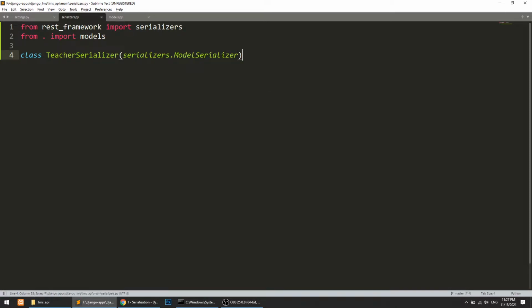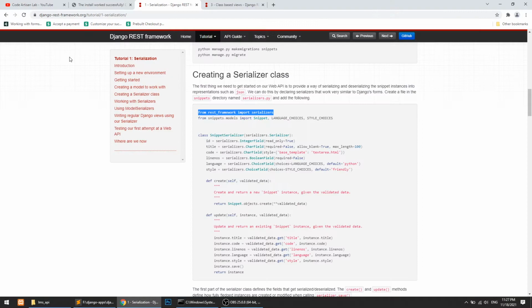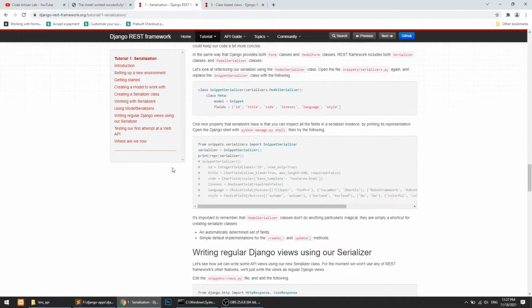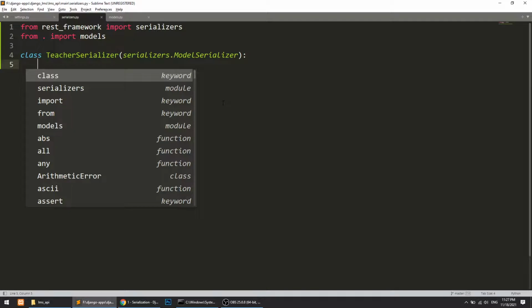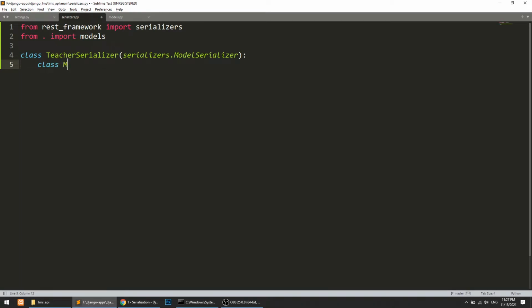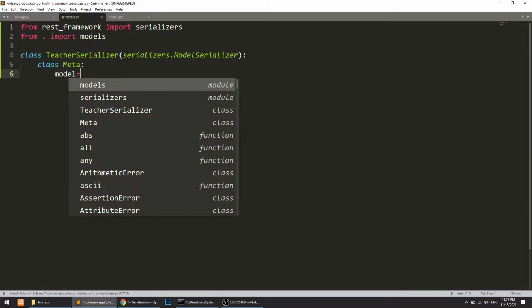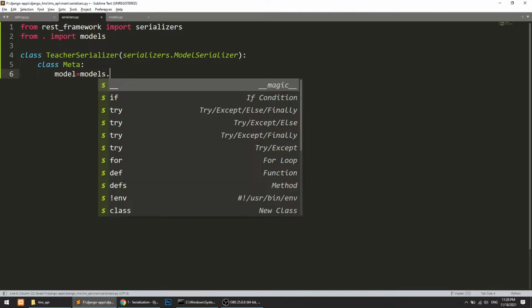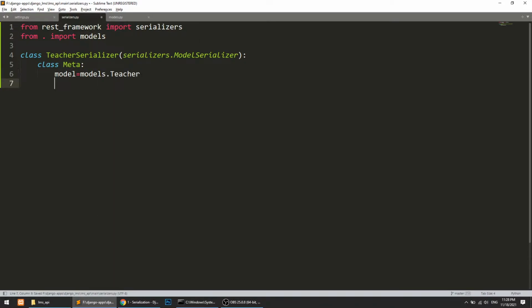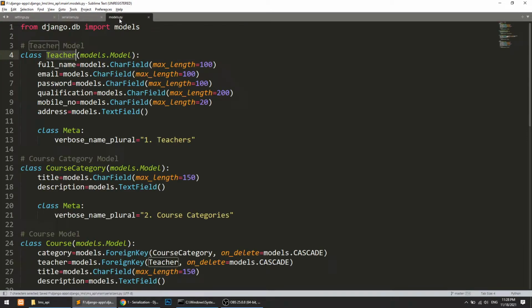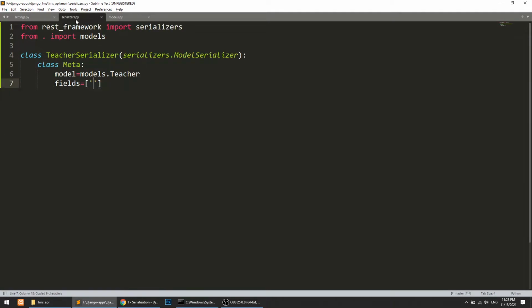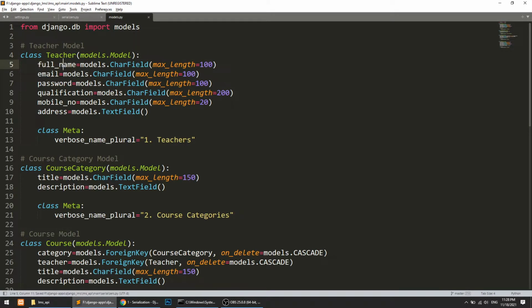Okay, and after that, what we need to do is define the class Meta, and in this class Meta we will define the model. So the model is our models.Teacher, and then we need to define fields. So we will define fields: full name, and email,